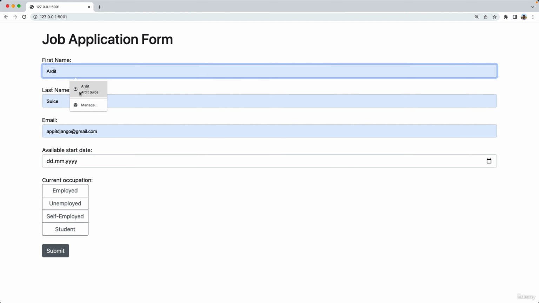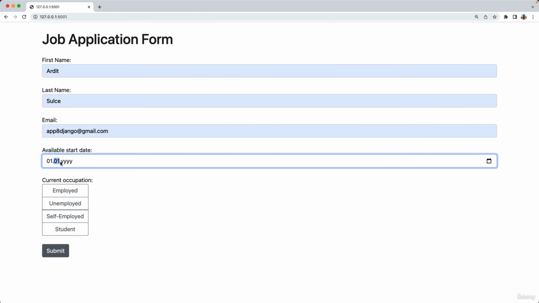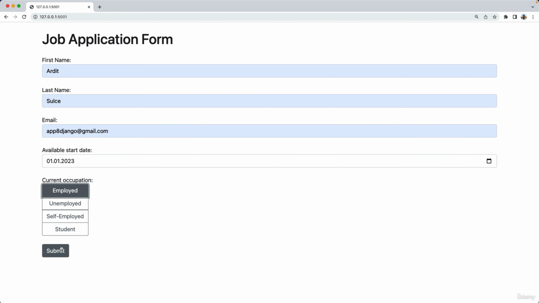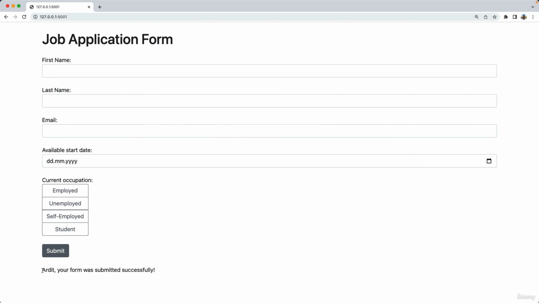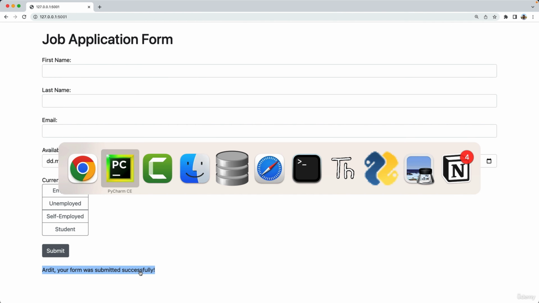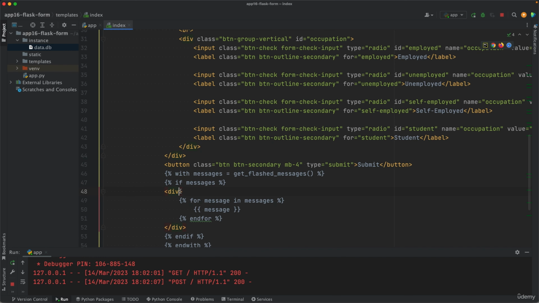Reload, fill in the data, submit, and there we go. So Ardit, your form was submitted successfully. That's the message. Now let's make this a bit more visually appealing by adding a class to the div element